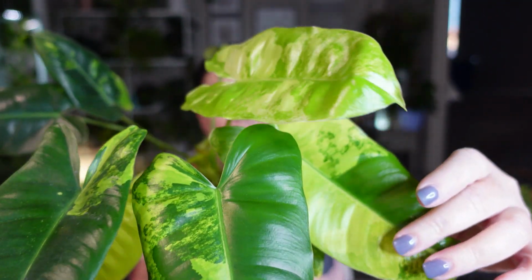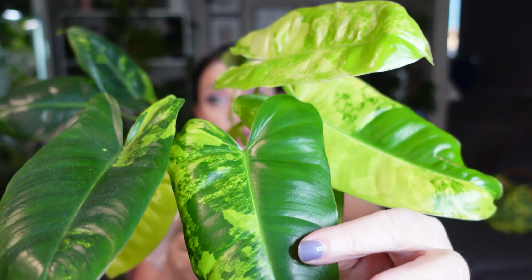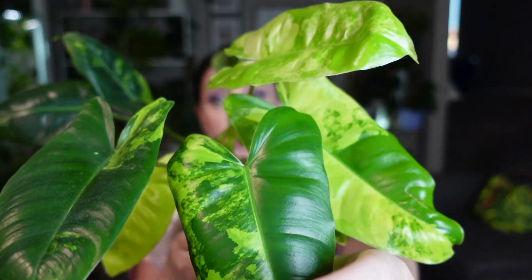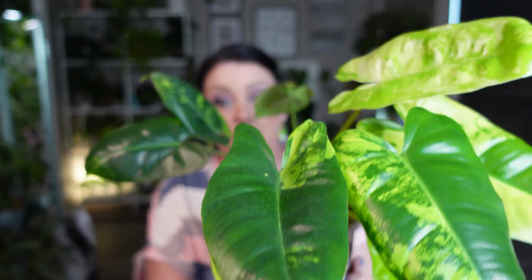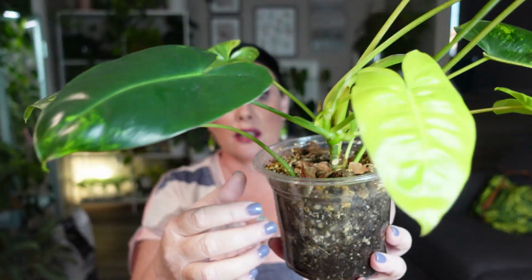They have so much variegation on them, and I love this leaf. I think it is just so unique. It has half green, and then the other half is like a mottled variegation. It's just so beautiful. I do have a few leaves that have more green and a little bit of variegation, but this plant is always putting out new leaves for me. It started off pretty slow, and when I finally figured out what it likes, it just took off and started